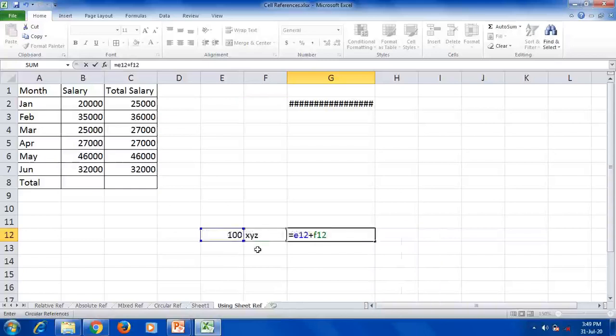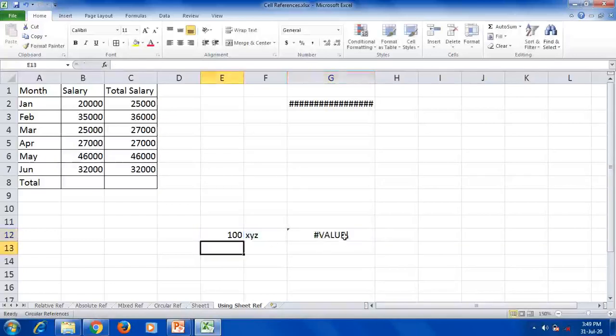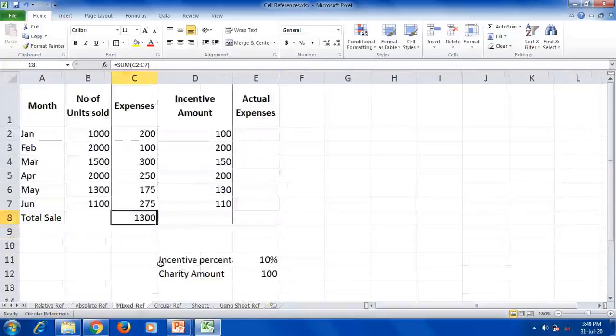F12 is containing text, E12 is containing number. It is not compatible. Got it? So that's why you are going to get the value error, because here the value is not existing. Next is reference error. When you lose a reference, automatically you are going to get the error.